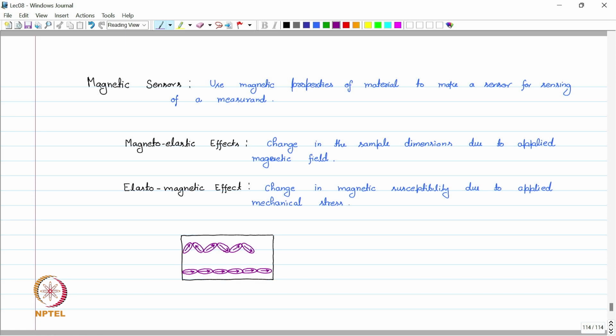So if we see on the bottom, when we apply a magnetic field, all these dipoles are aligned in a line and they take, let's say, a distance of L, which is the dimension along the x-axis. This is the length L of this material. But when we don't have a magnetic field,